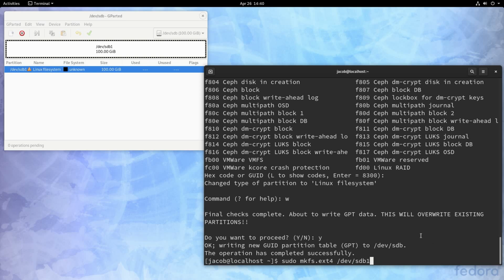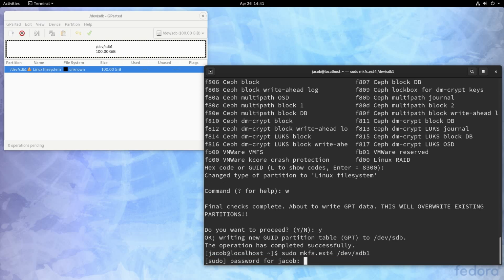mkfs.ext4 /dev/sdb1. Now there are several programs we could use to do this. mkfs.ext4 is actually going to run another program called mke2fs with a flag specifying the ext4 type. So instead of running this, we could run mke2fs -t ext4 /dev/sdb1. But as you can see, this command is longer, which is why we've got the shortcut mkfs.ext4. There was also an older tool that was just called mkfs, and we could run that with -t ext4, but mkfs itself is actually deprecated, so you'll want to either use mke2fs or mkfs.ext4, which is what we'll run right now.